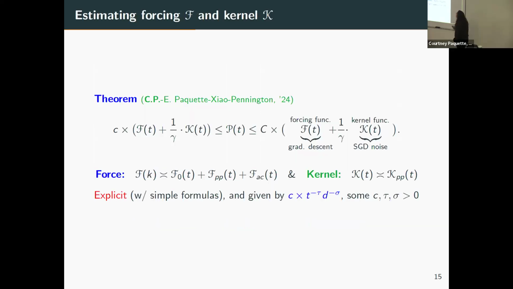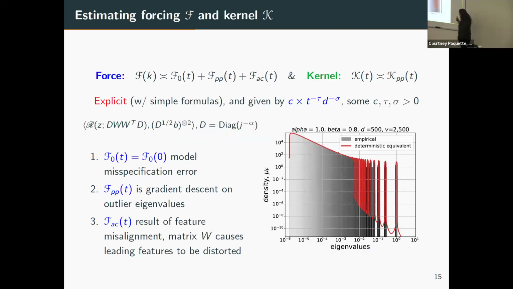Okay. So now what you want to do is you actually need to start understanding this loss. You need to actually solve this Volterra equation. It's an implicit equation. And what you can show is that your loss is actually just a function, up to absolute constants, because you want to care about how everything depends on D and N, of the forcing plus the kernel. And then what you can write down is you're going to break down each of your forcing functions and kernels into different components, which are going to depend on the spectral property of that matrix.